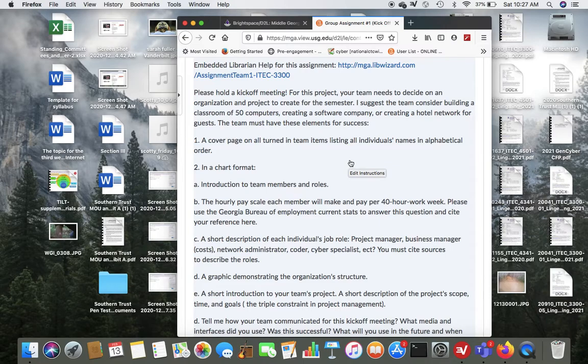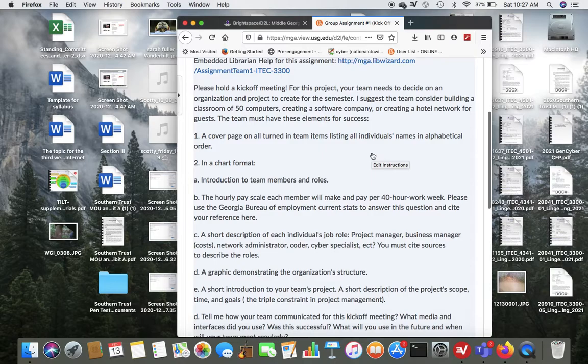I have suggested a couple of things here for a project. The first one is consider building a classroom of 50 computers, creating a software company or a software app, or even a website. You can create a hotel network for guests. It's up to you to decide what kind of project you want to work on as far as this company or organization that you choose.